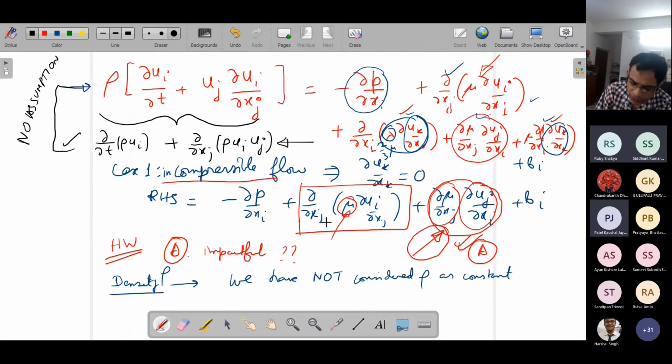So this is non-conservative form, because that original form that came out of the conservation law is not apparent. The new form of equation has come. We call it non-conservative form, but with no assumption, only the use of continuity equation. That means this rho, although outside the derivative, could be variable. This is where your common sense will fail. Common sense will tell you that if it is outside the derivatives, it should be constant. This is common sense.